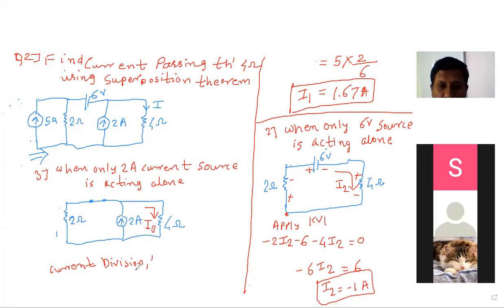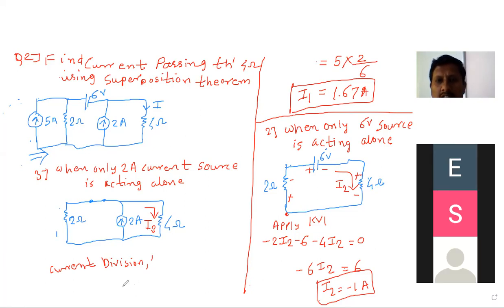Now tell me by which method we can solve this circuit so that we can find I3. By the current division rule. Yes. Here also the 2 ampere current source is getting divided into 2 parts. Some current will flow through the 4 ohm and some current will flow through the 2 ohm. Already we have used this in the calculation of I1. Here also you can use the nodal analysis.